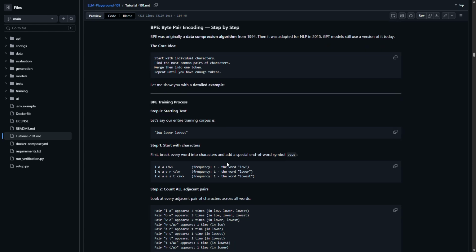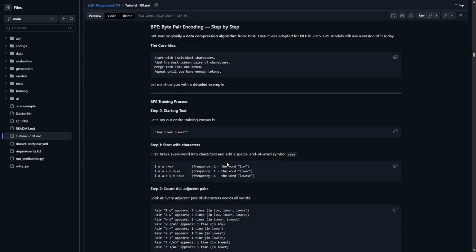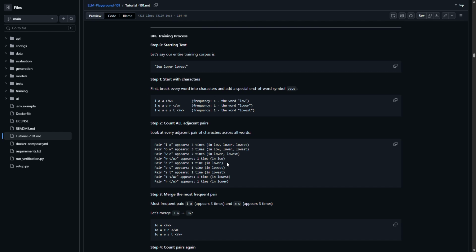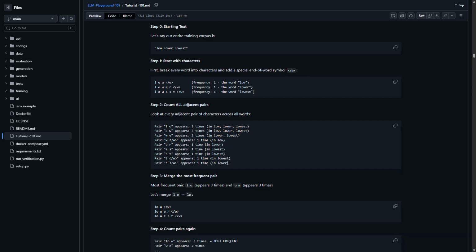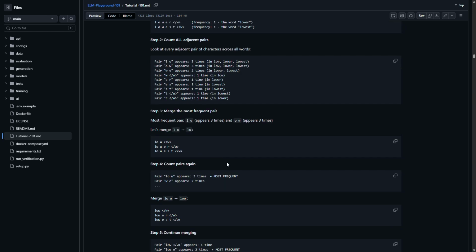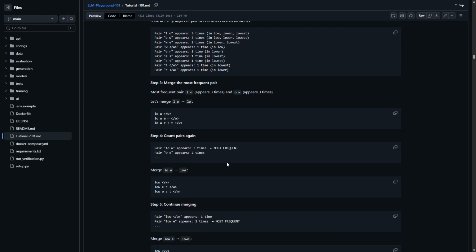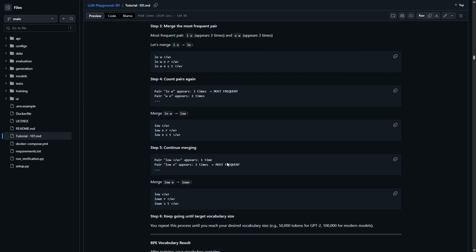Let me show you with a detailed example. Here are the words: low, lower, and lowest. Find the most frequent pair, count the pairs again,